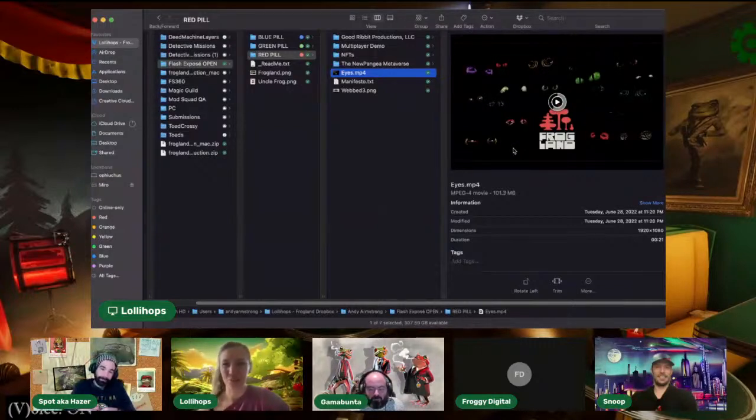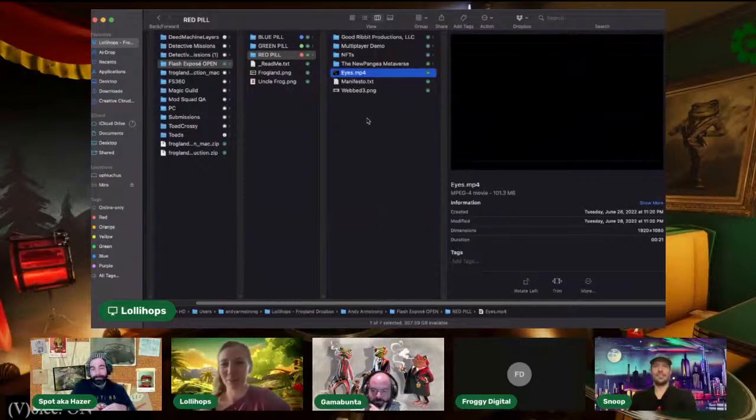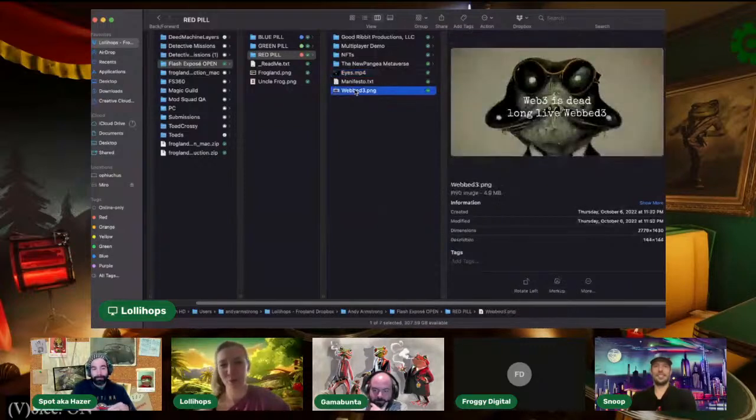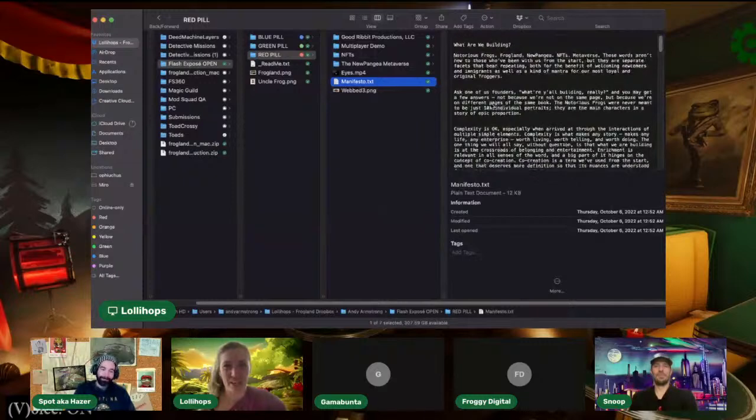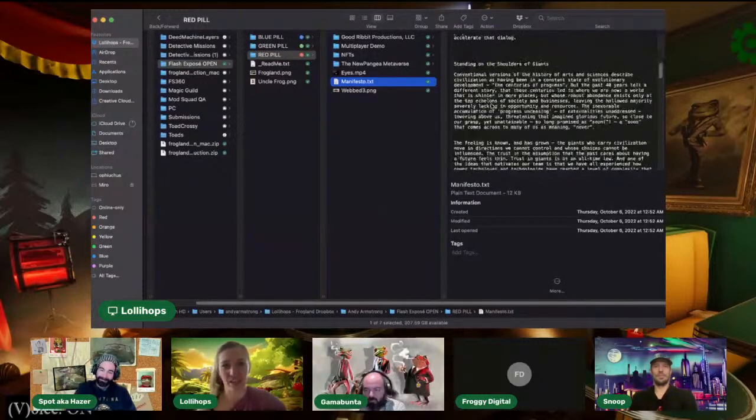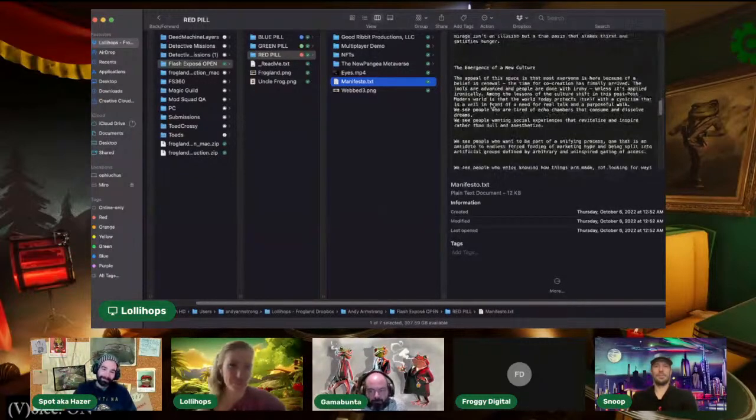So this is still one of my favorite things. I think it was Dee that made this one, of all the frog eyes blinking. So I threw that little clip in anywhere I thought it was appropriate. Same as our "Web3 is dead, long live Web3," which I believe was a creation from El Sapo. And then I also put in the Frogland manifesto in here as a TXT file,